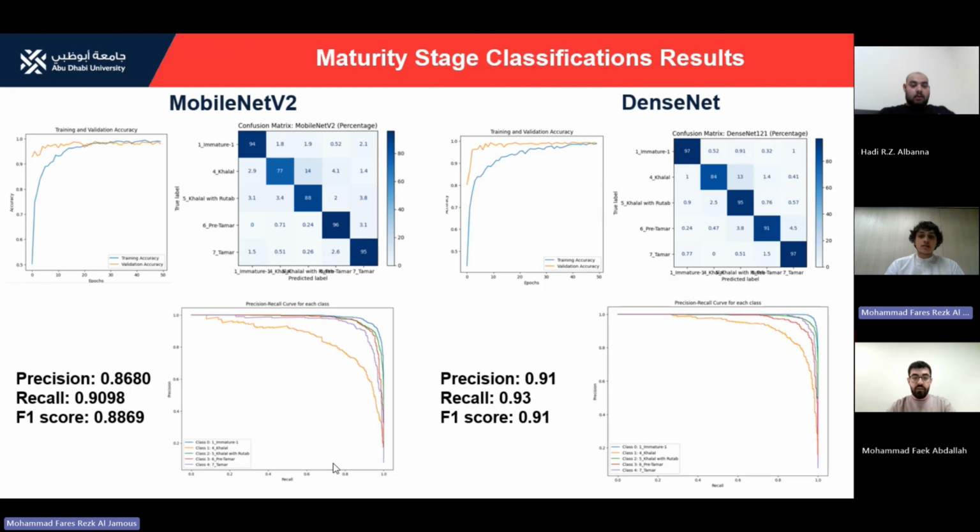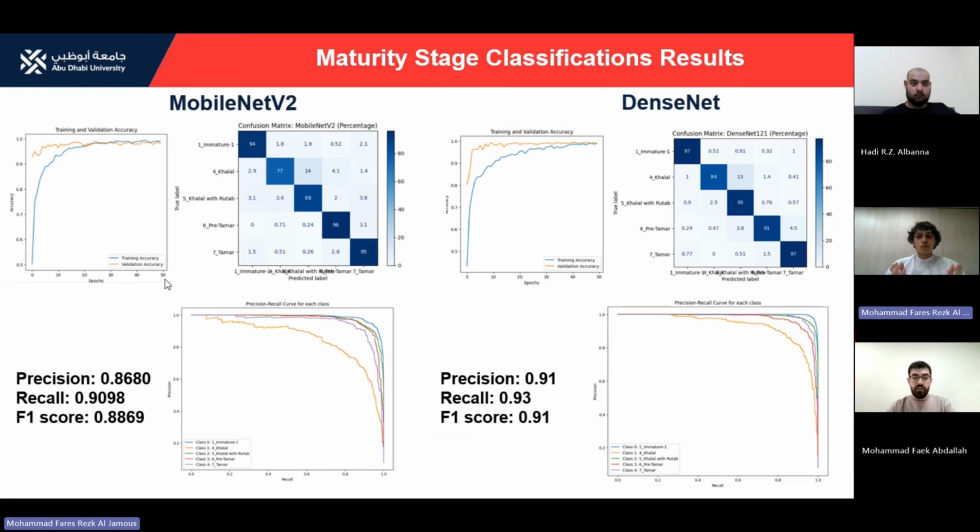And to make sure we picked the absolute best AI for our robot, we did not just test one model. We tried out several small and fast models. As you can see here, the test results for two of them, MobileNet version 2 and DenseNet. To check how smart they really were, we looked at a few different charts. We focused the most on F1 score.